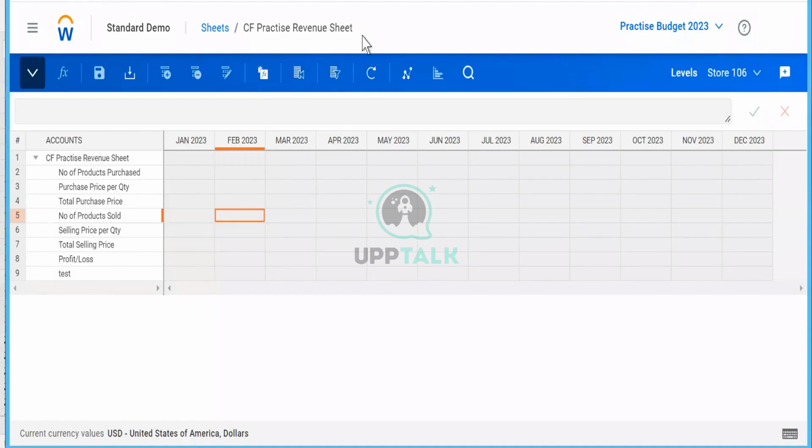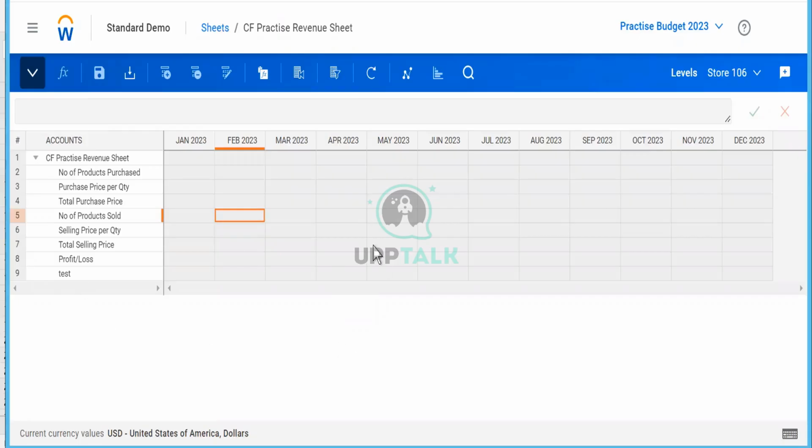I was able to build the cube sheet, but this does not give me further data, right? It does not give me additional information which I really want to capture in the system. This is just giving me top level data. It is just like financial statements, your income statement, your balance sheet.